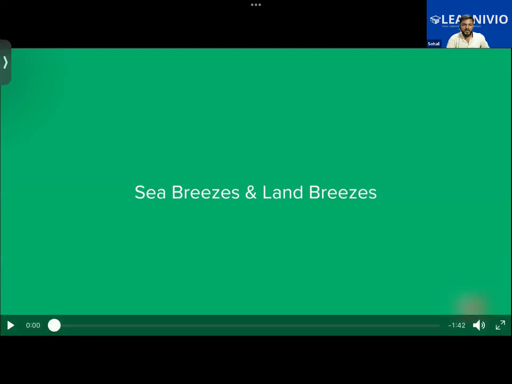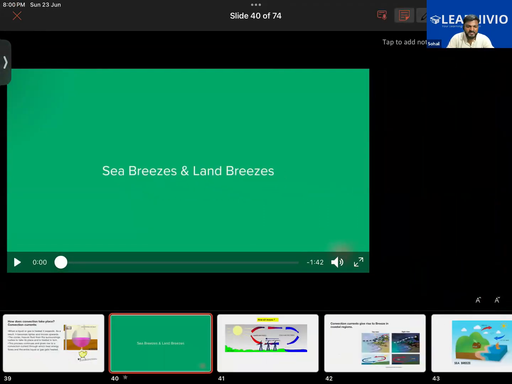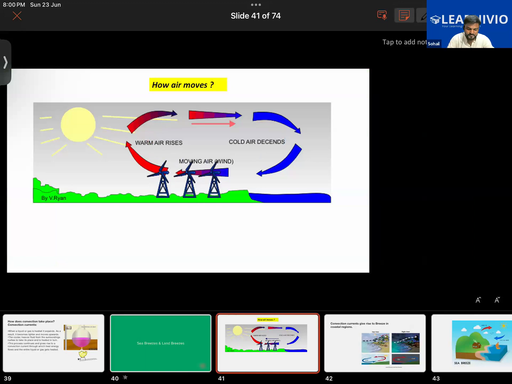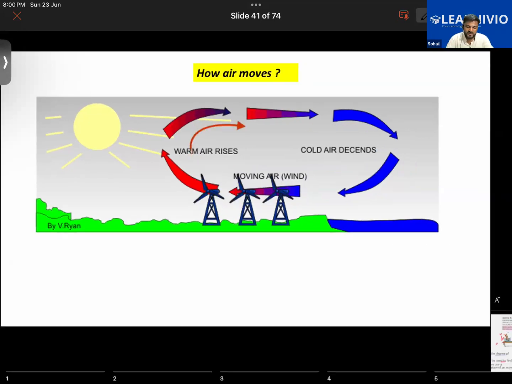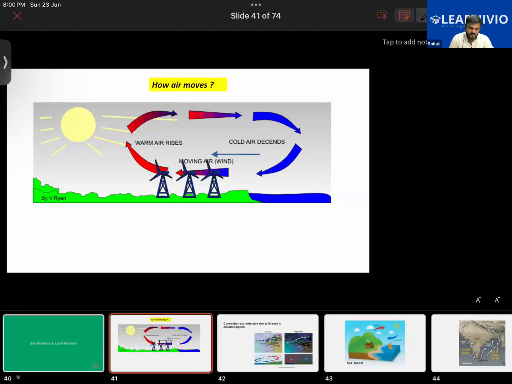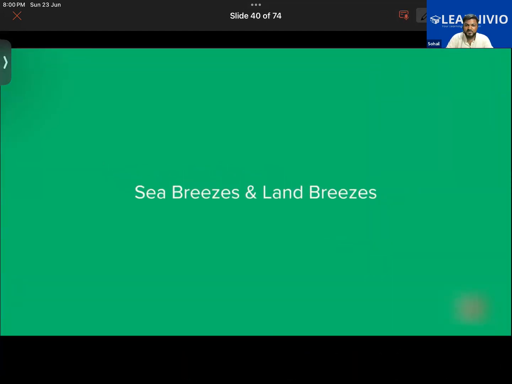So we were learning about convection, and convection will be seen in the case of liquids and gases both. It is due to convection that air moves from one place to another. All these things we are going to learn, but before that, you need to watch a very important video.